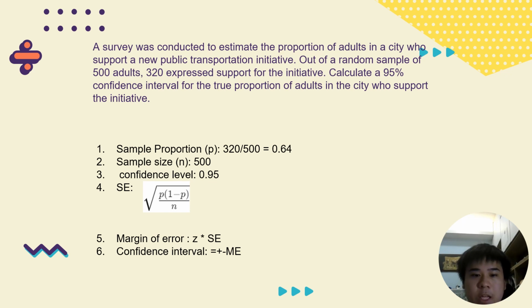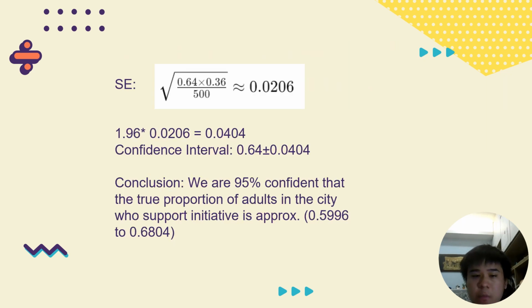Okay? So how does that work? The standard error, given the same equation from before, is the square root of p times q over n. So all you need to do is plug in the values of p and q, which in this case are 0.64 and 0.36. Divide that by 500, take the square root, and that gives you